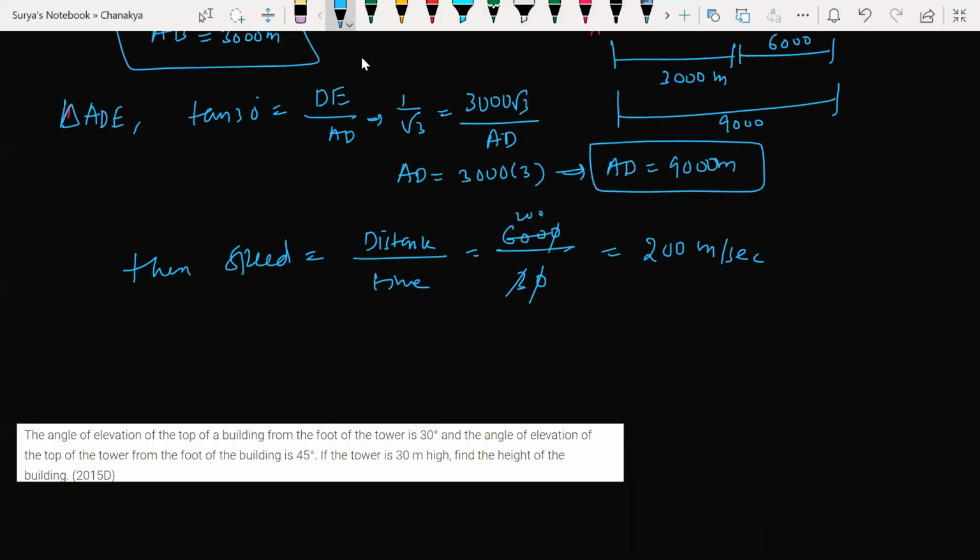Yes, 200 meter. For converting into kilometer per hour, how do you do this? Sir, 1 hour has 3,600 seconds. So multiply that. 3,600 seconds divided by 1 hour. Kilometer per hour. So 1 kilometer would be how many meters here? 1,000. So three zeros will get cancelled.